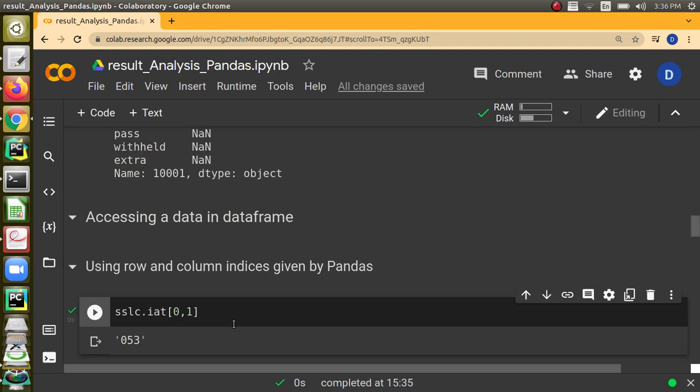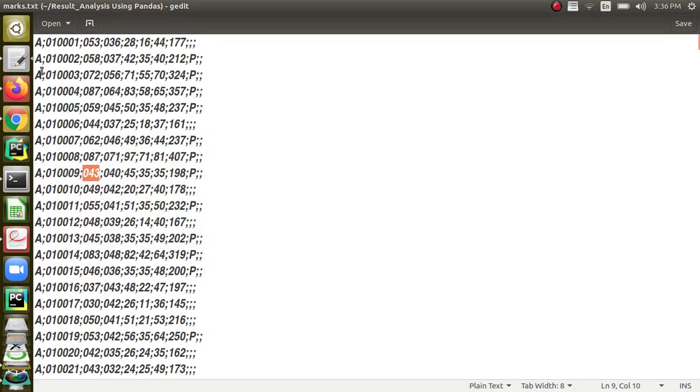When we go for iat is when I am going to use internally defined values, right? Though we have now given column names, we should also understand that internally column indexes are being maintained by Pandas. We have got totally 11 columns, so the column index from 0 to 10 will be internally maintained. 0 will refer to region and 1 will refer to roll number and so on.